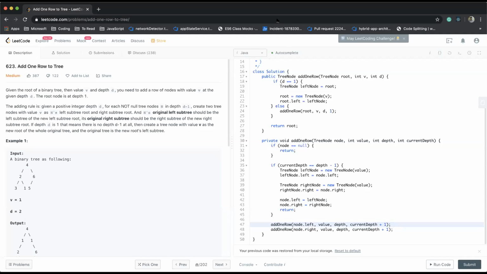Is there any time complexity difference between DFS and BFS in this problem? I think the complexity should be the same for both. It's V plus E, O(n), since you are exploring all the vertices. As long as we are returning as soon as we find it, it should be the same. But in the worst case, if the level is the last one, we'll have to traverse all the nodes, and that will be the same in both cases.